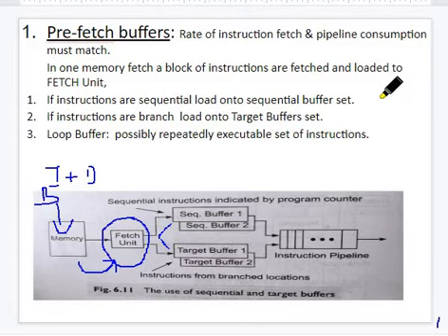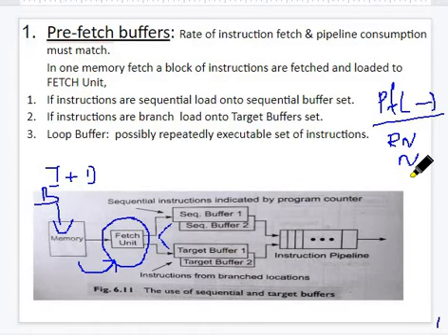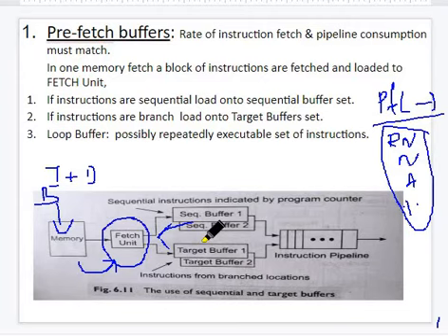Let me try to write one C program here. Printf, give the student details. How has he to give? Please imagine roll number, name, address, and performance. He has to give all these things. So are they sequential data? Yes. If such instructions are sequential, pass the data on to the sequential buffer.